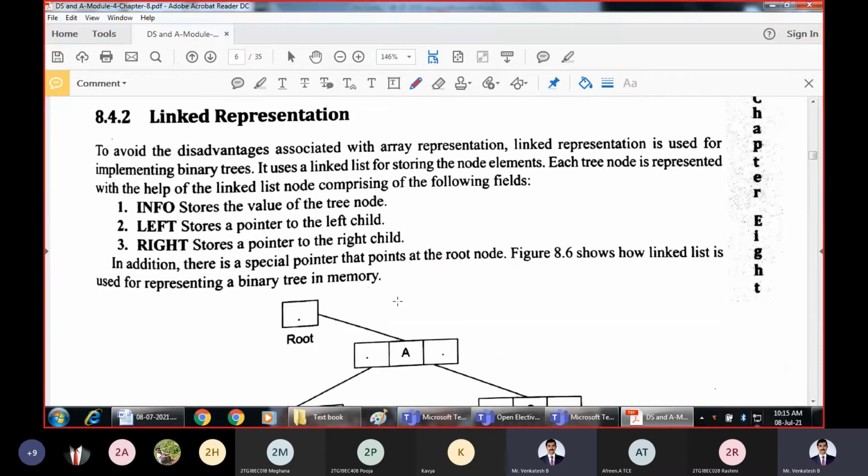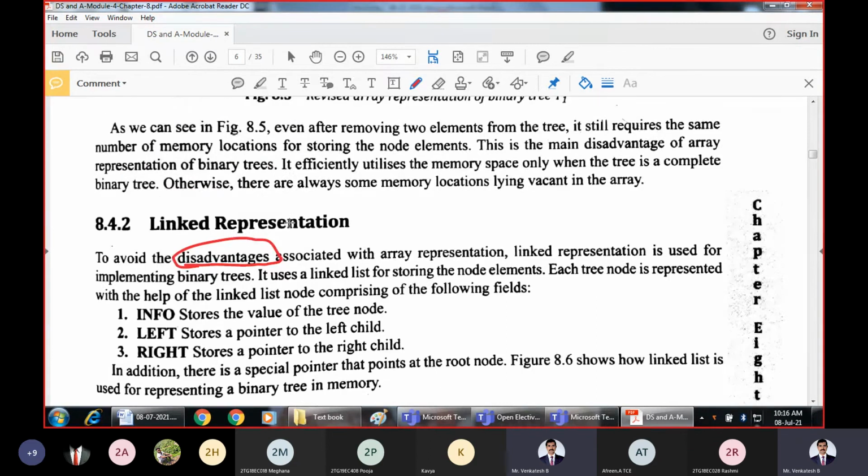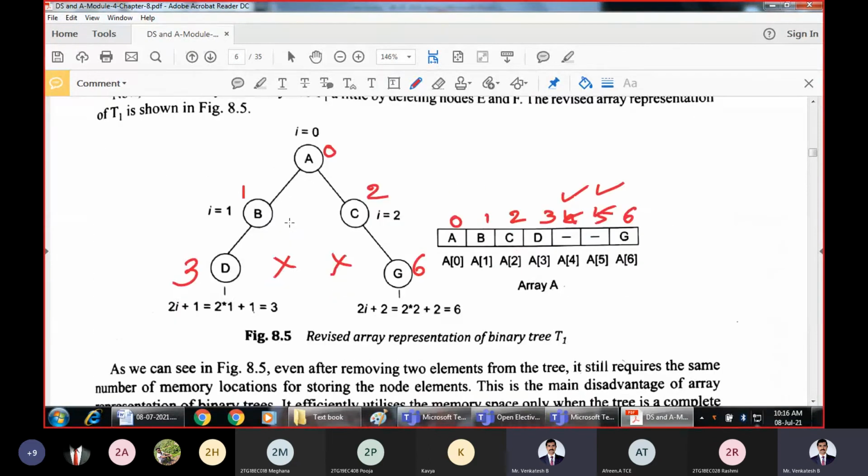Now coming to the other type of representation, the linked representation of a binary tree. Why do we have to go for linked representation? Some of the disadvantages present in the array representation can be overcome. What were the disadvantages in the array representation? Even though the element is not present, the memory will be unnecessarily wasted.